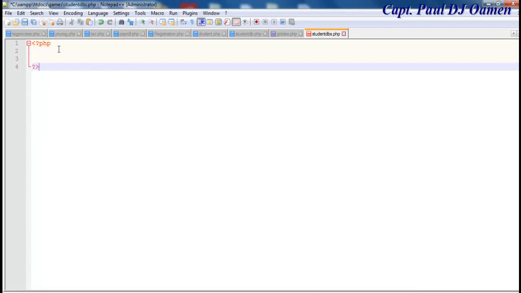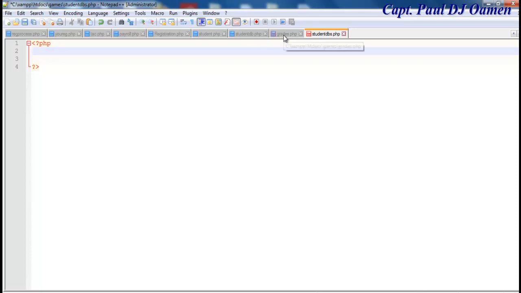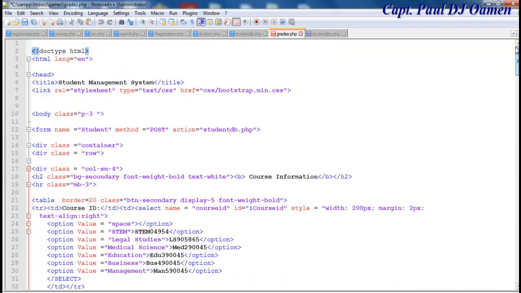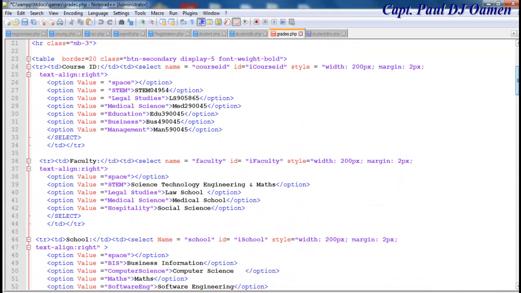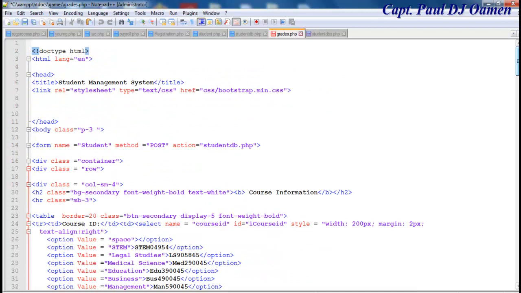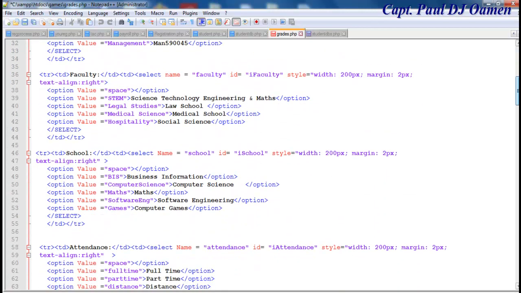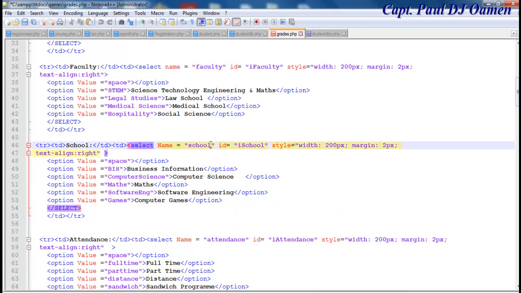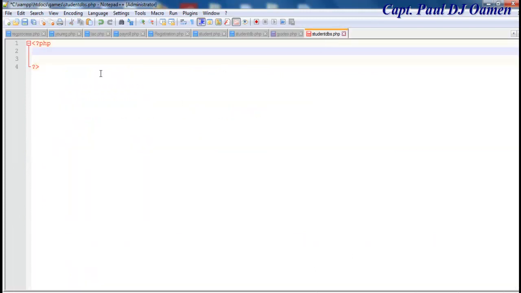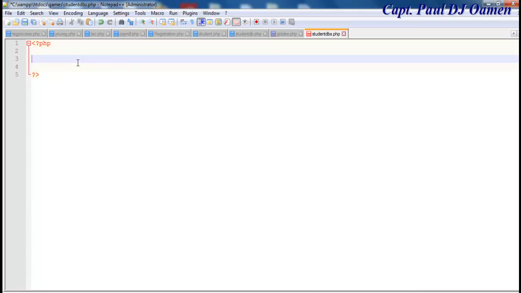Let's close that. Alright, so I will now call the following. If I go into my program here, I want to be able to address all of these. The first one I want to address would be the school. Where is the school? There we go. That's the school. I want to be able to call this name. So I'm going to click on school, copy that, and right underneath here, let's say $school equals